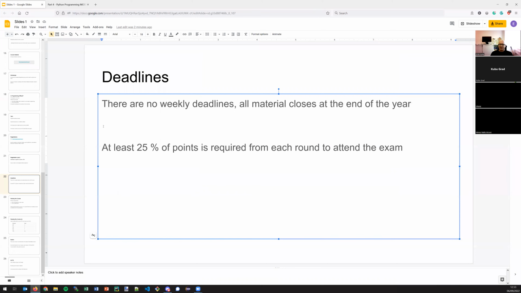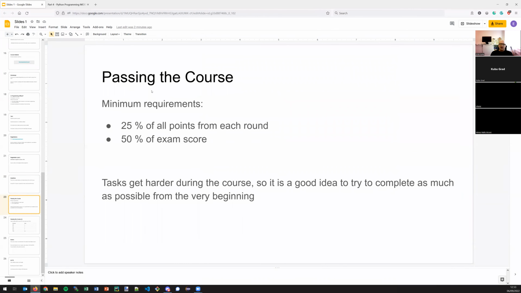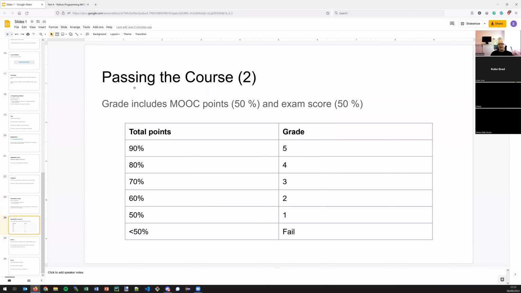So at least in the beginning, try to complete as many exercises each week as possible. To pass the course, you need at least 25% of all points from each round or part, and then you need to get at least 15% of the final exam score. And how you get your grade: